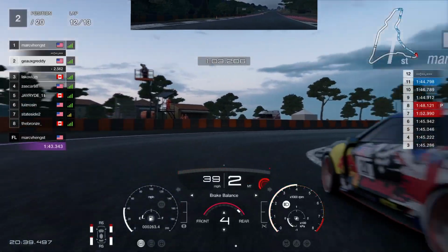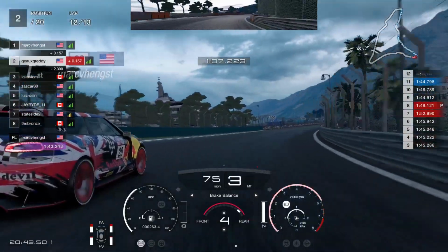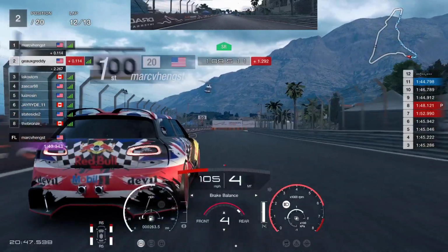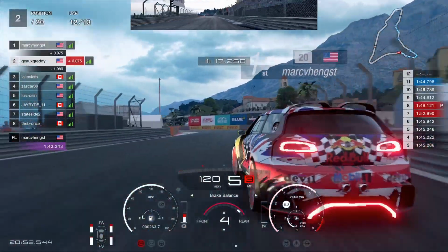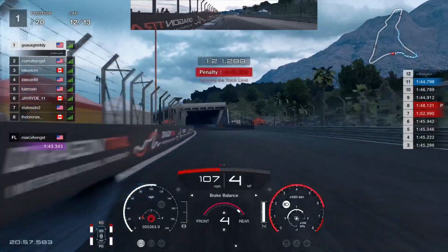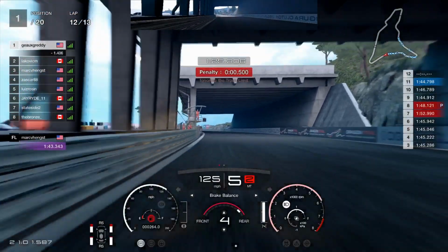And as I'm doing that, I'm not paying attention to him, and he launches it down the inside. I have to back off to make sure I don't turn in and get hit and or hit him, cause some weird penalty or something like that. So I give a little look to the inside to distract him a little bit, see if I can get him to make a mistake, and it works. He hits the wall on the chicane of death, but I get a half-second penalty,